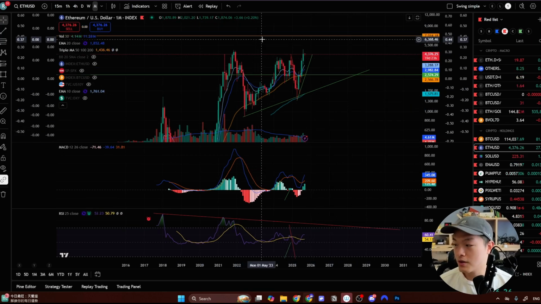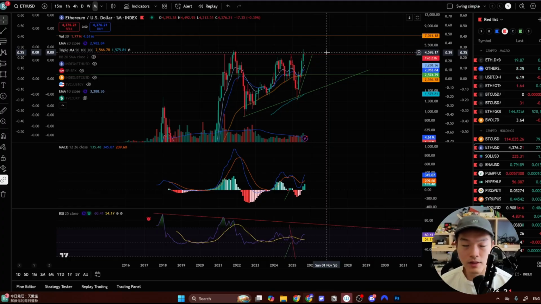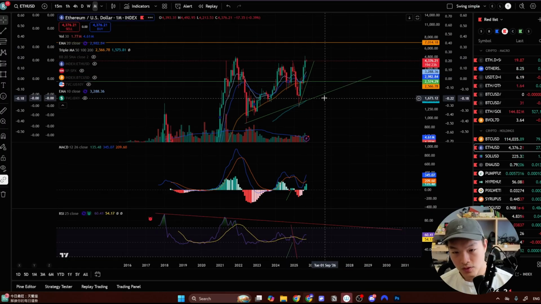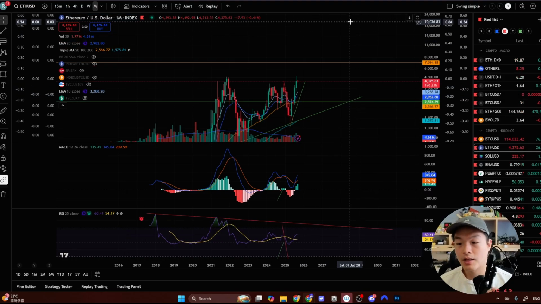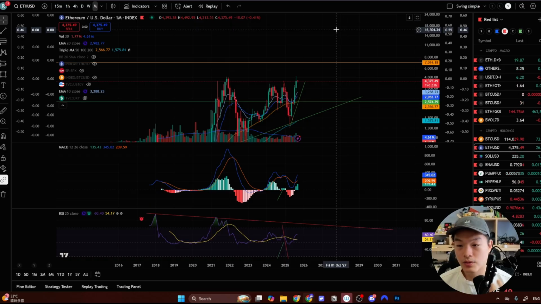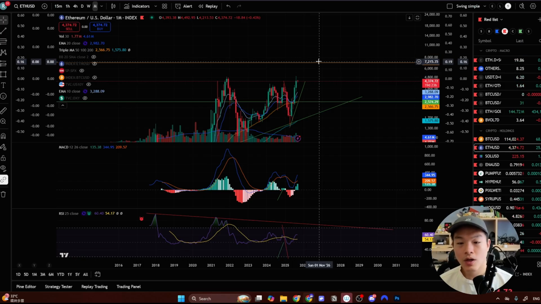For example, if Ethereum just moves sideways for a couple of months, I could just sit on my hands and not do much. If Ethereum goes down by quite a lot, I could be making buying decisions, right? But if Ethereum does go up by quite a lot as well, I could be making selling decisions. So I can respond to exactly what the indicators tell me, what the price is at the moment, and my